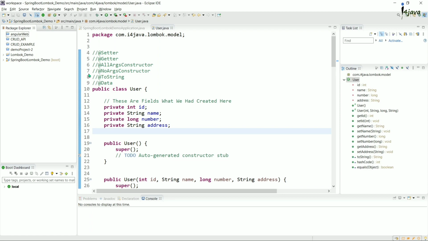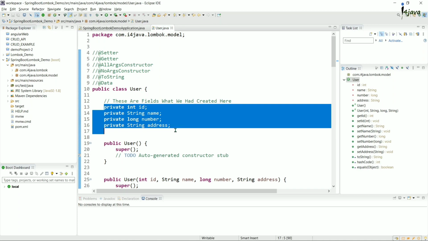To save your time, I already created one project here and created one package. Inside the package I created a user class, and these are the fields we created here. This is by following the encapsulation principle of OOPS.